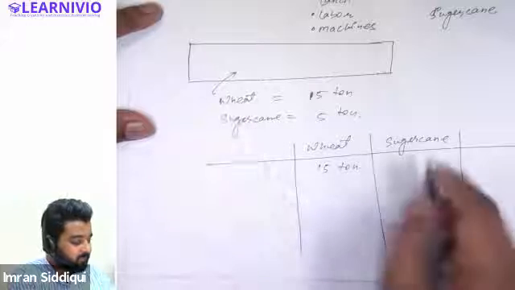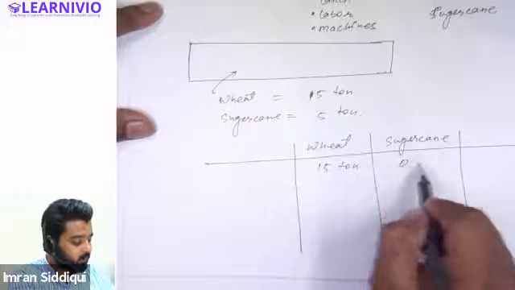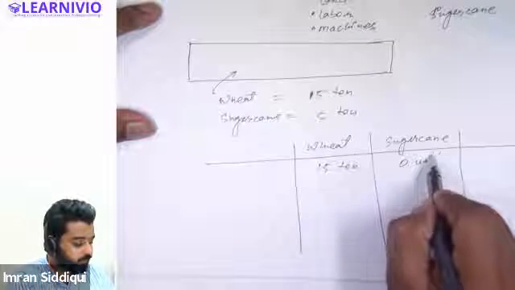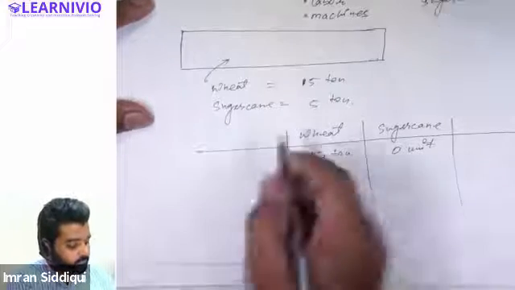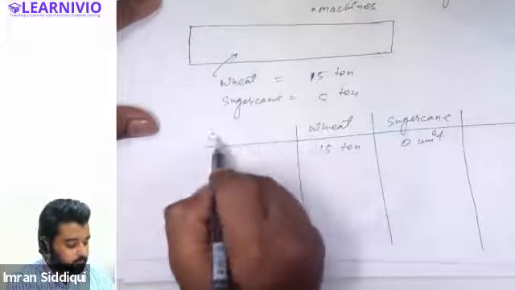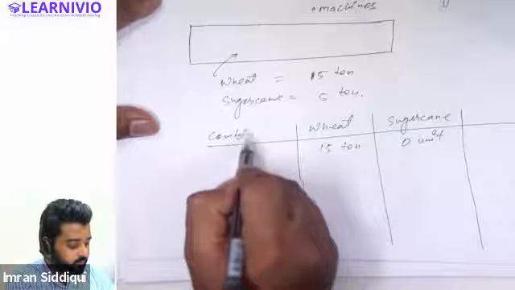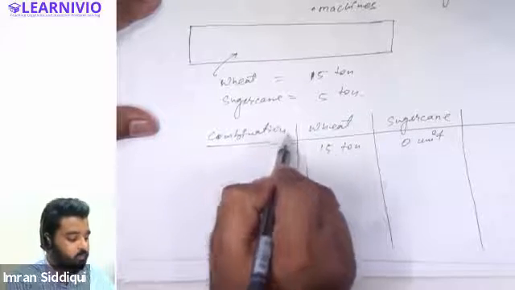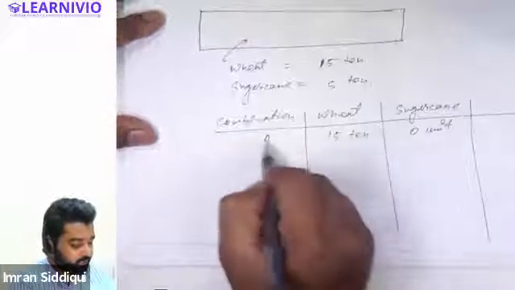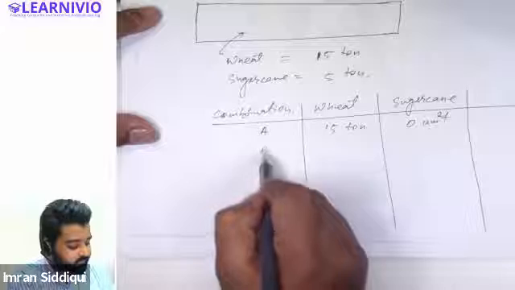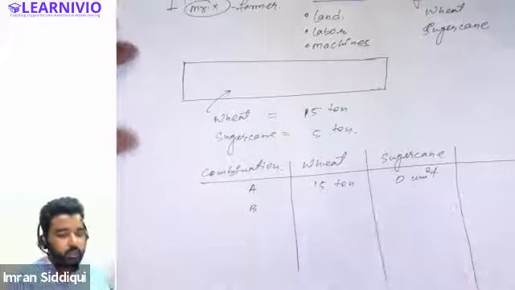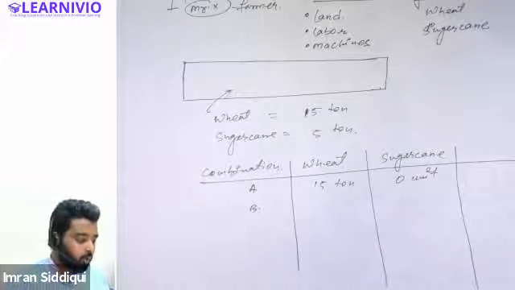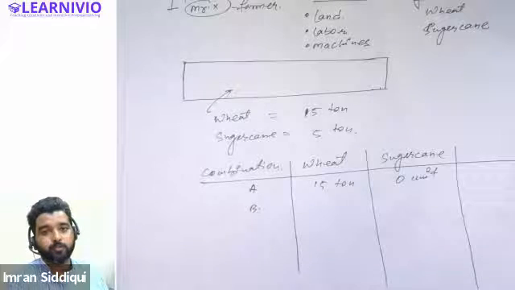But in that case, he will not be able to produce any quantity of sugarcane, right? Yes. Okay. So this is option number 1. This is combination A. But now this farmer wants to increase the production of sugarcane. Now he wants to raise crops of sugarcane on his field also.